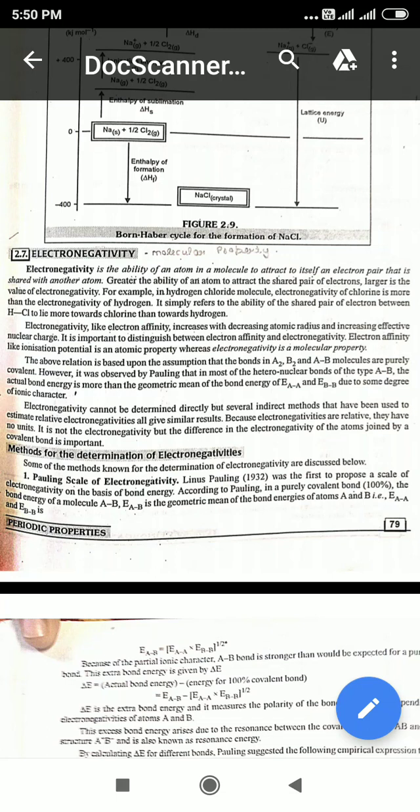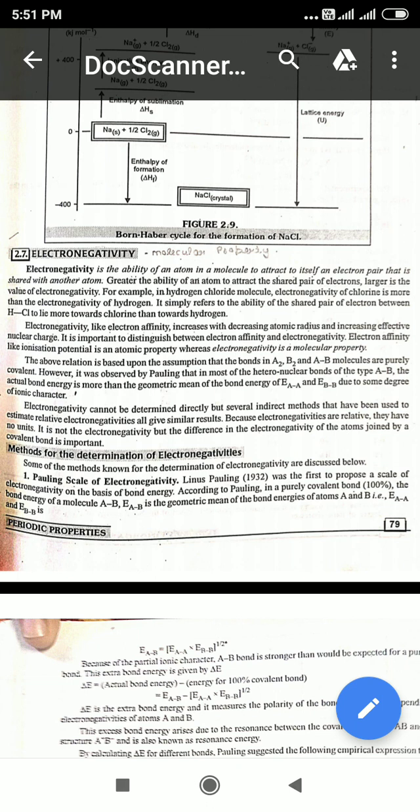Electronegativity is the ability of an atom in a molecule to attract to itself an electron pair that is shared with another atom. The greater the ability of an atom to attract the shared pair of electrons, the larger is the value of electronegativity. For example, in the hydrogen chloride molecule, the electronegativity of chlorine is more than the electronegativity of hydrogen. It simply refers to the ability of the shared pair of electrons between H and Cl to lie more toward